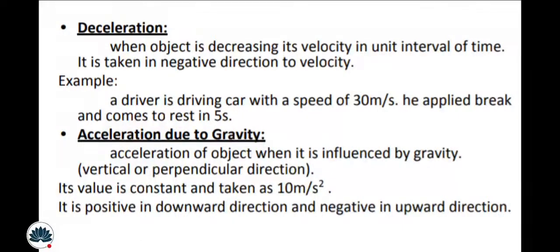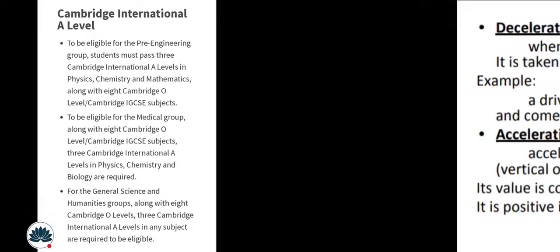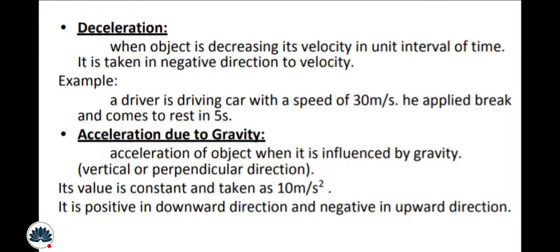Acceleration due to gravity. Acceleration of an object when it is influenced by gravity, in the vertical or perpendicular direction. Its value is constant and taken as 10 meter per second square. It is positive in the downwards direction and negative in the upwards direction. Alright, so this is all we have been understanding in the chapter. If there is any difficulty